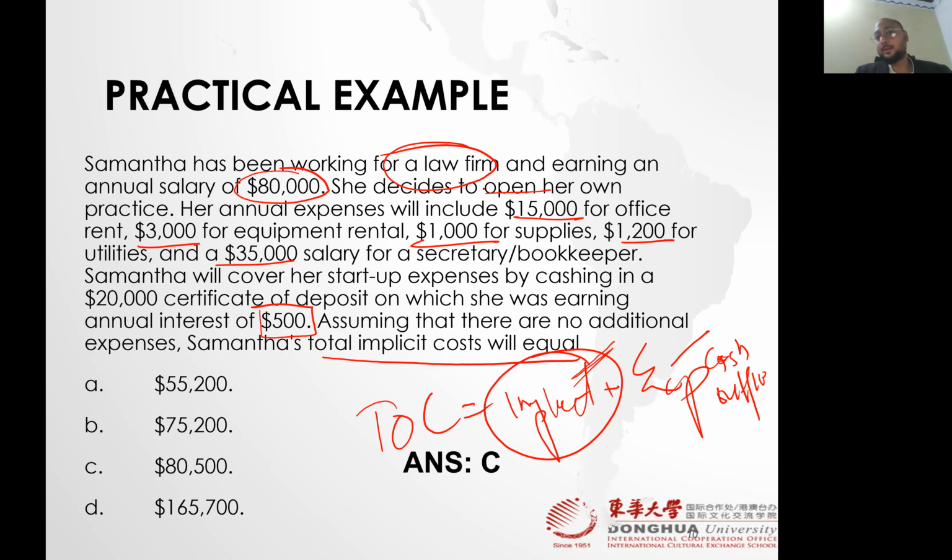Open her own market. So she lost this opportunity. The lost opportunity is 80,000. Plus, then she made the investment, right? And the question says she also cashed in her $20,000 certificate, which was earning her $500 interest. So that was